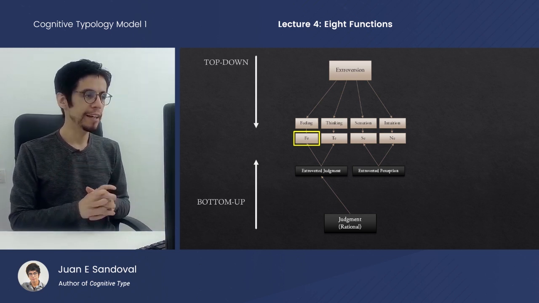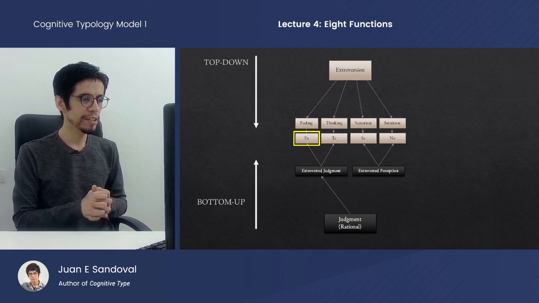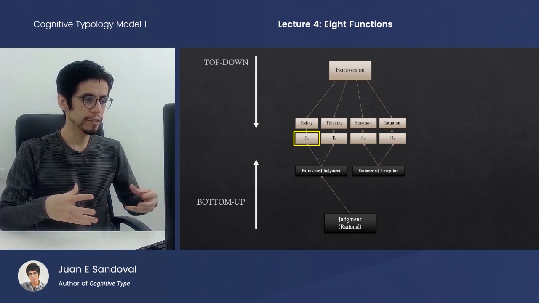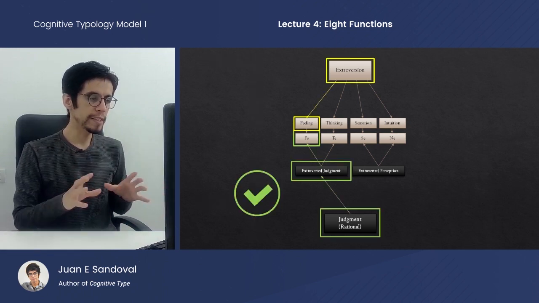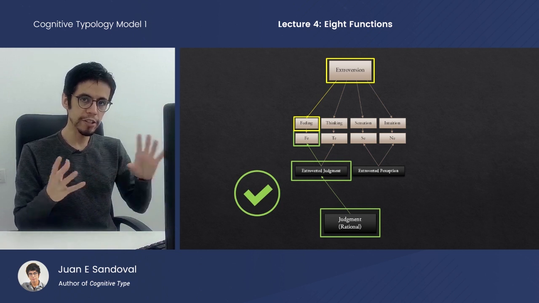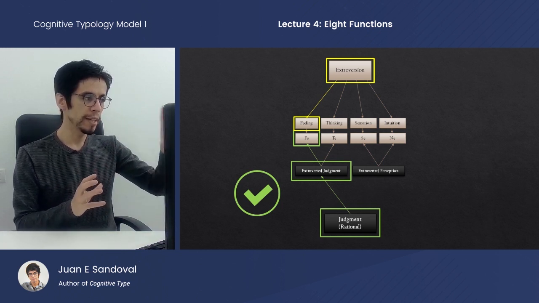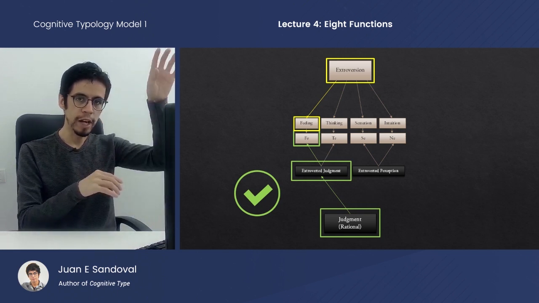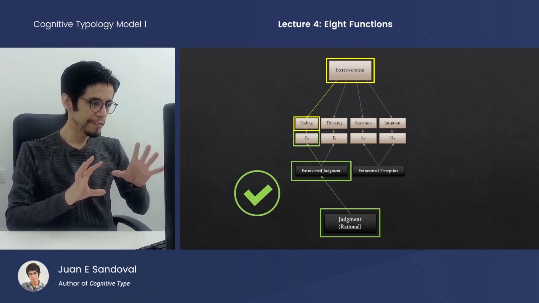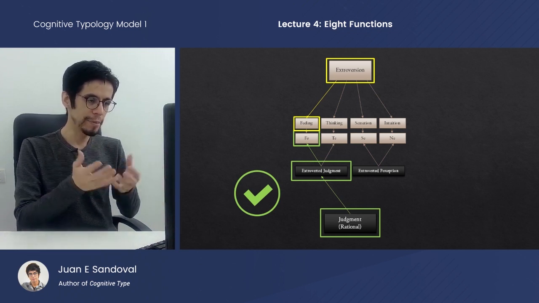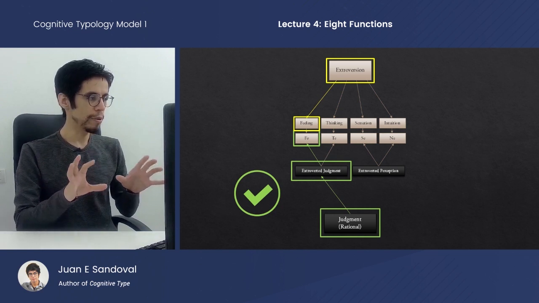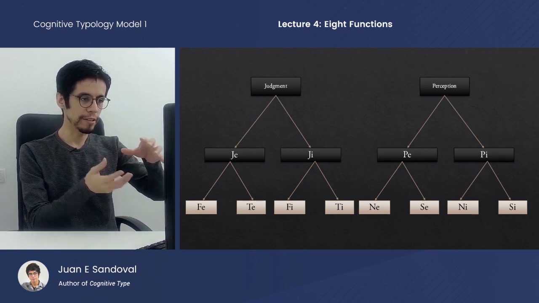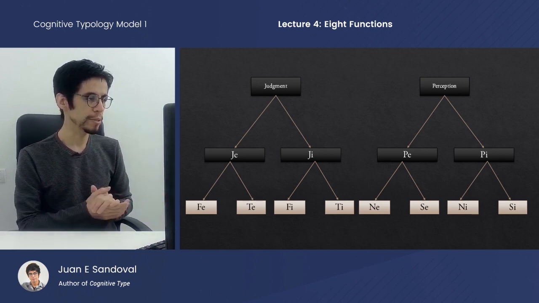And here's where we had to apply another trial and error process, just as we did to try to find out whether or not there were any definitions of judgment and perception that had some sort of tangible reality. And what we found is that if we follow the bottom-up path, we actually discover more consistent and reliable connections to some sort of physicality than when approaching it from a top-down option. But now, it's kind of annoying to continually have to refer to it as bottom-up, so we could just restructure what we're looking at here and paint it this way. So kind of like inverting the tree over and looking at it the way that Model 1 actually views it.